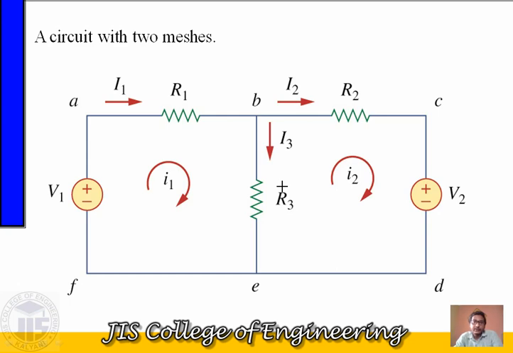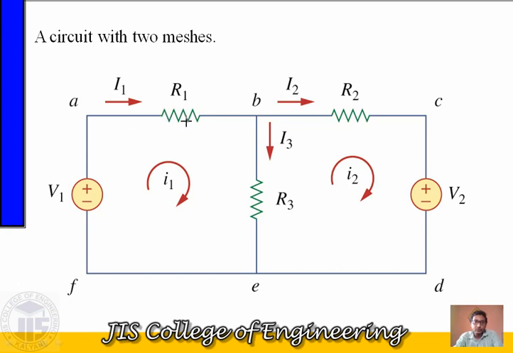Now whenever we are going for mesh analysis, obviously first we have to find out how many meshes there are. A mesh is nothing but a closed path, and inside that closed path there will be no other closed path. And one thing we have to remember: if there is no current source, then it's okay. If there are any current sources, then we have to follow other steps that I am coming to later.